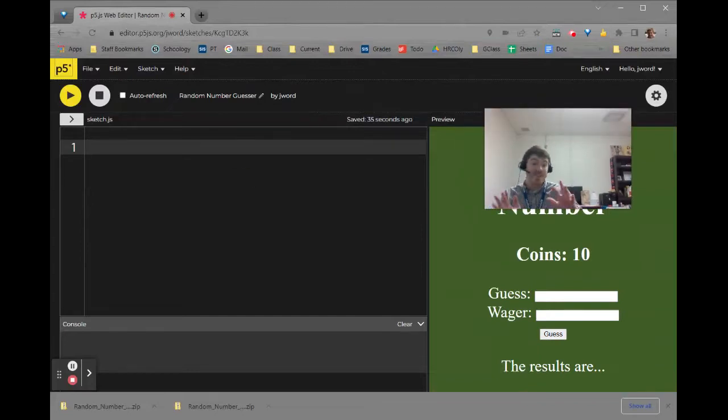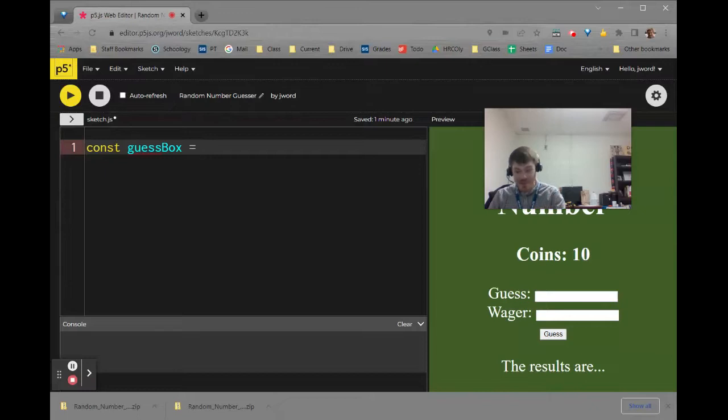Now, these elements are in the HTML, so I, in some way, need to import them into the JavaScript here. So I'm going to make a bunch of variables because that's part of the trick. I always need variables to work with. So to make a variable, const, let's say guess. How about guessBox? That's going to be slightly different. So guessBox is equal to